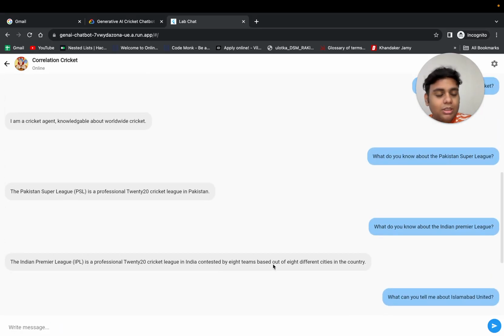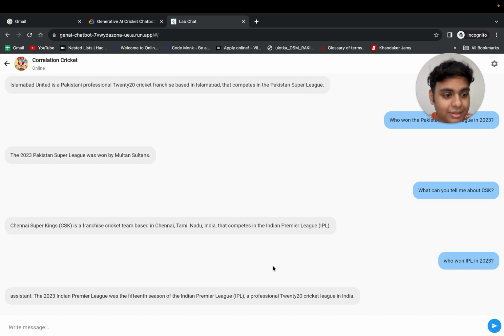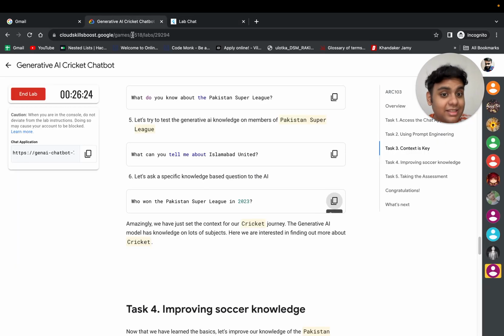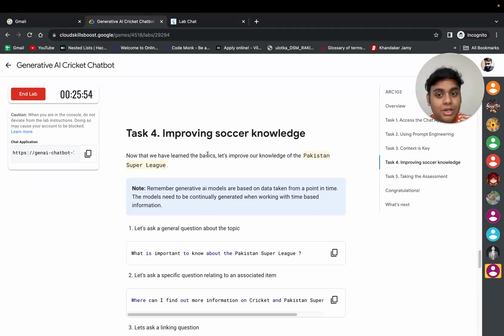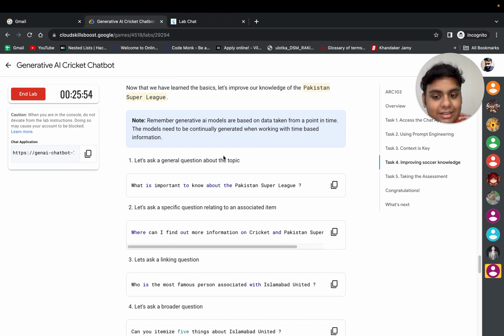So it might not have all the data that you need, but you can train it the way you want it to. So okay, it does not yet know who won it. Okay, that's nice. It really doesn't know. So you are now increasing the knowledge of